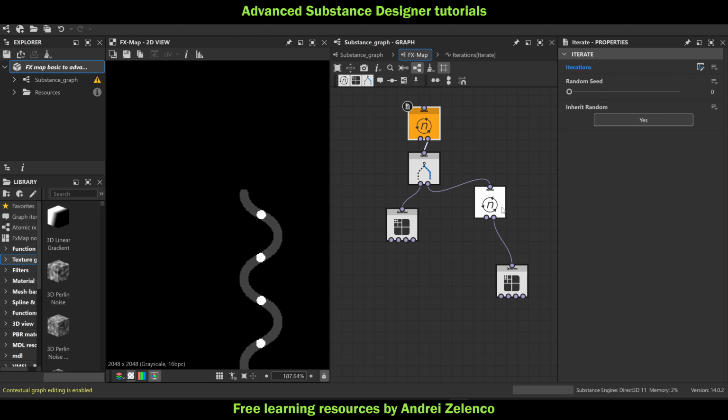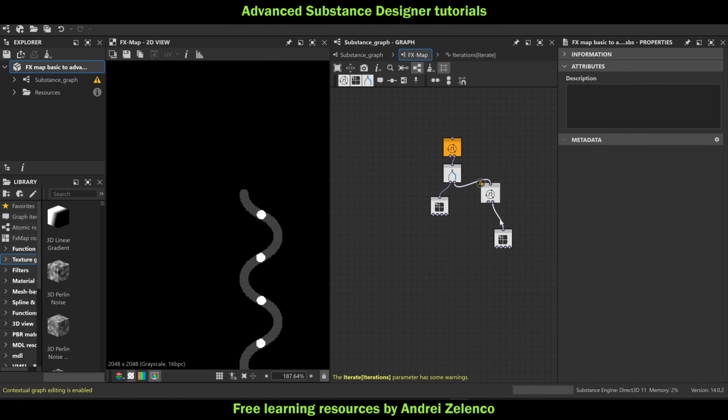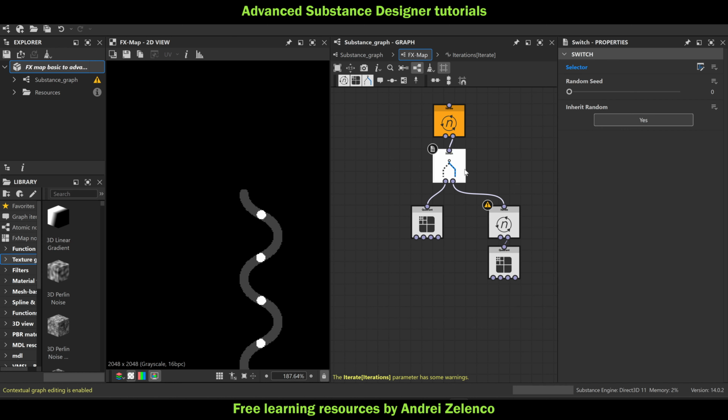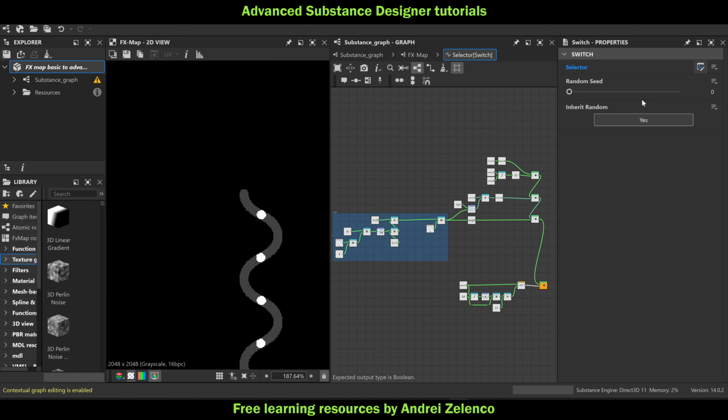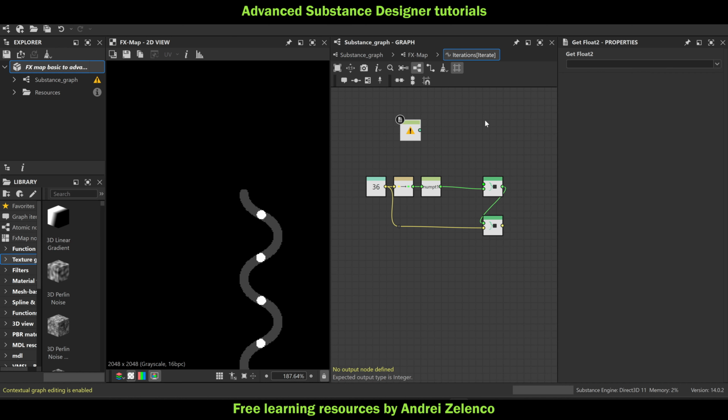I want to change the name to 1 and then do this to maybe 64 for now and only this. Oh, I mean, no, I think that was good. So I have this, but I also need to do one thing. We computed origin 000, so now I need to take it and replace it with something. So get float to,